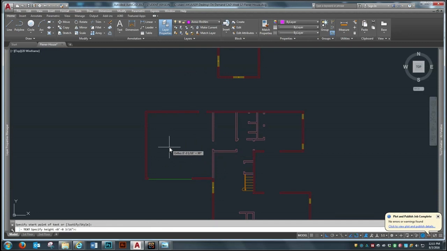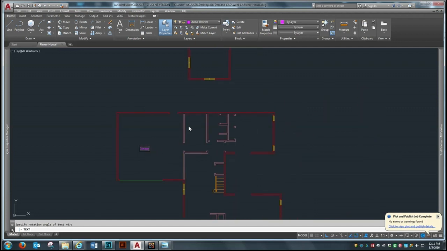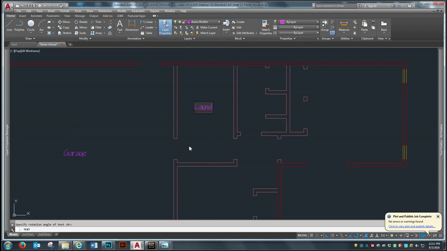We're going to do 12, enter, enter, and then we'll start typing. So garage, and then once we're done typing, then we can go over here and click and do laundry, bath, guest bedroom,